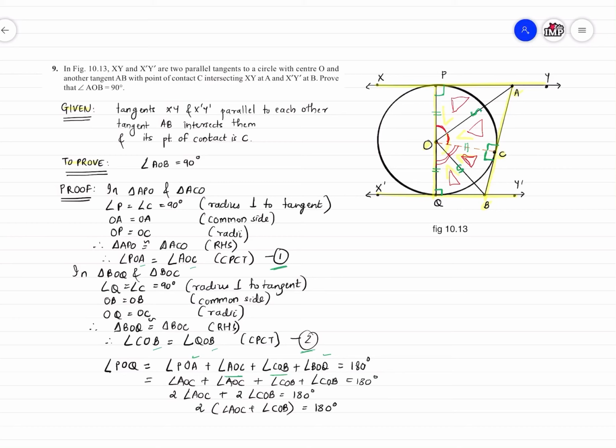Now, the sum of angle AOC and COB is our required angle AOB. So I'm going to write it like this. What happens to the 2? The 2 goes to the other side. Since it is multiplied on the LHS, on the RHS we will divide 180 by 2, and therefore angle AOB is 90 degrees. Hence,